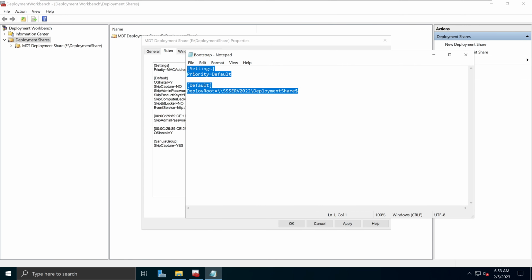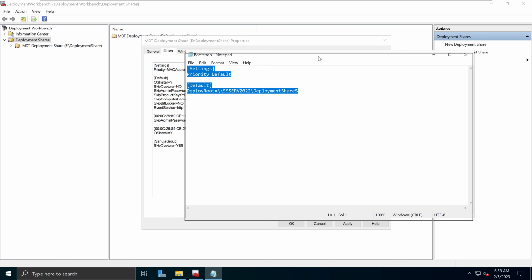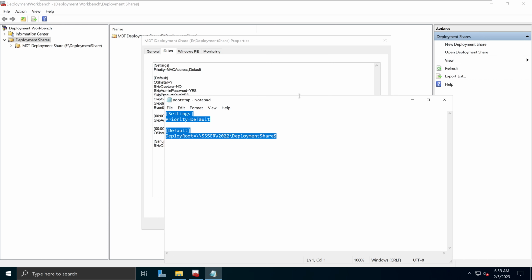In other words, the Bootstrap.ini file is very similar to the CustomSettings.ini file in terms of format, structure, and processing logic. However, the major difference is that the Bootstrap.ini file is processed first when you boot into the WinPE environment, before anything else gets launched, before the CustomSettings.ini file is processed. Even before the welcome screen is shown to your users in the WinPE environment, it will already be running